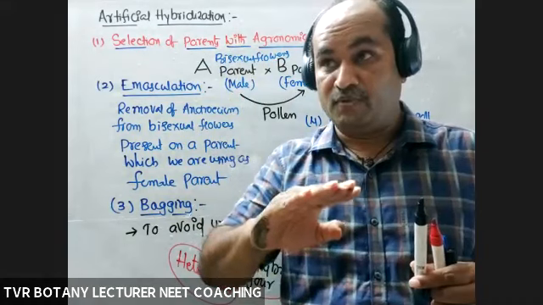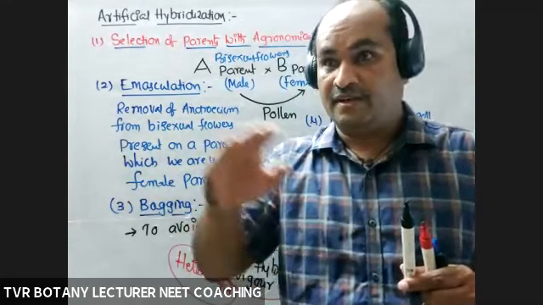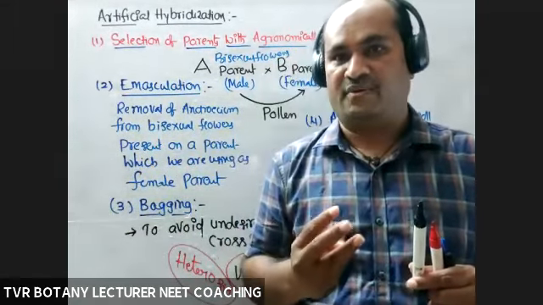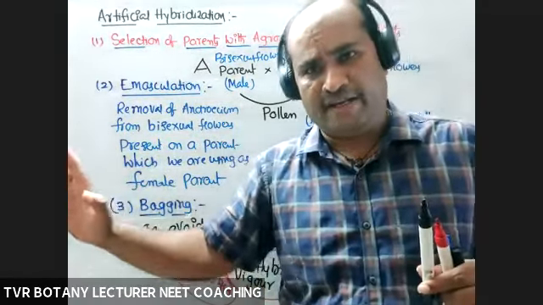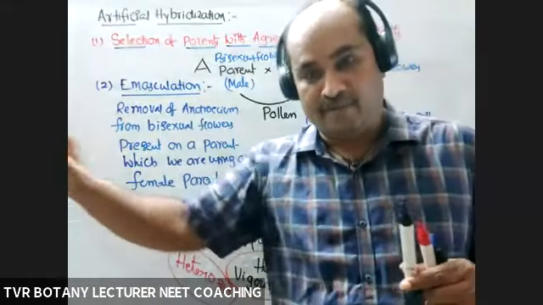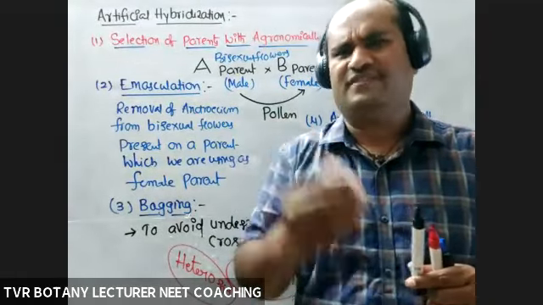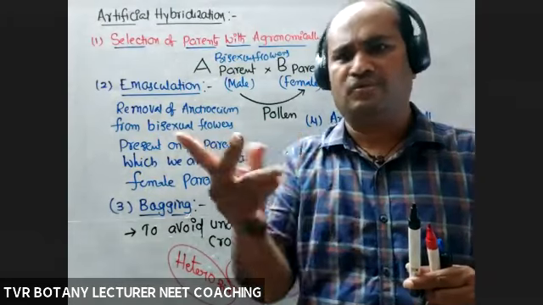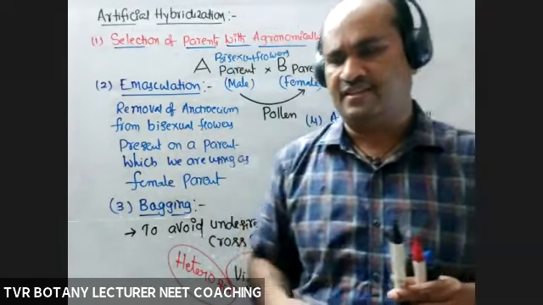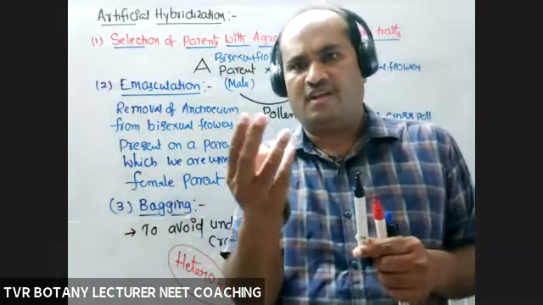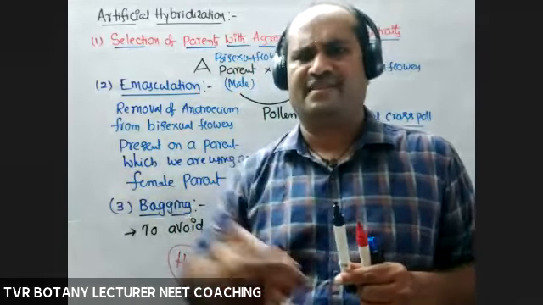For example, is it able to grow in rainy season? Is it able to grow in winter season? Is it able to grow in summer season? We have to check 3 seasons, at least 3 seasons or more. If it is able to grow in any season, that is more desirable, and if it is able to produce fruits and flowers every month, it is desirable. Generally, most crop varieties are able to grow for 1 or 2 seasons only. Of course, some rice varieties are able to grow in 3 seasons: rainy season, winter season, and summer season. Generally, we cultivate rice on a particular 1 acre of land 2 times only: rainy season and then summer season.